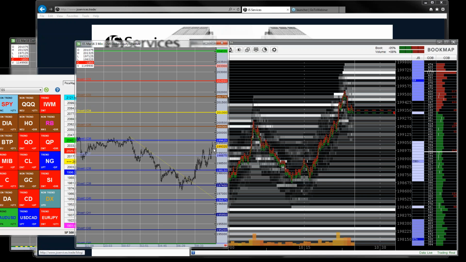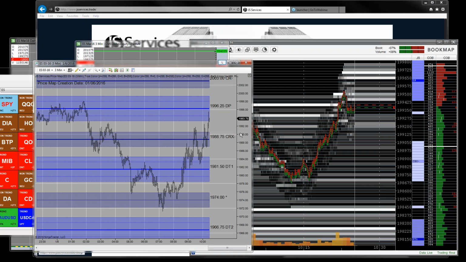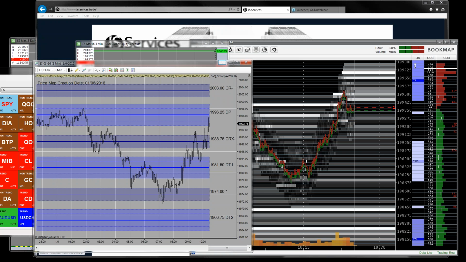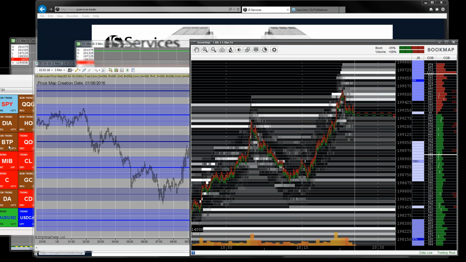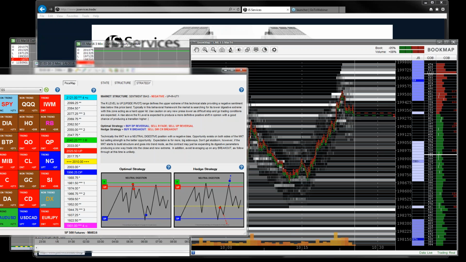Let me pull up a different chart here. So with the BookMap, we have a notes column. If you have the custom notes enabled, you'll have a JS notes column here, and it'll have these price map levels in the notes column. So you can see here, this is our upside pivot or downside pivot, 1965.25, and then you can see this band around it. And what this band represents,